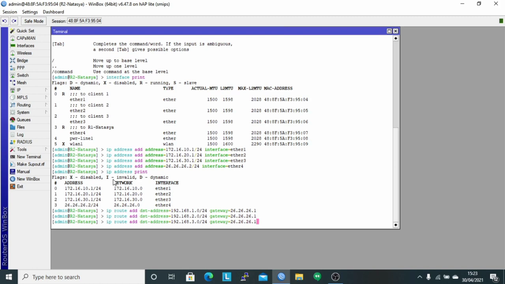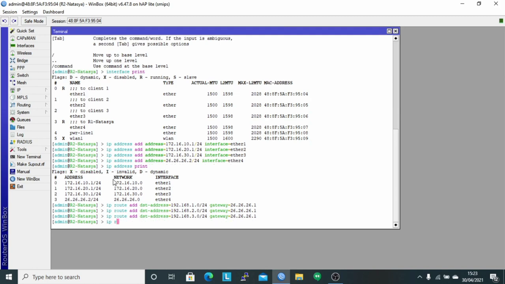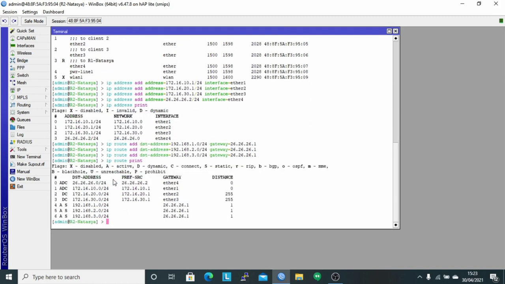Then check using the command ip route print. If there is an IP route with the AS flag, or active static, it indicates that router 2 is able to connect to the IP clients by adding static routing on router 2.